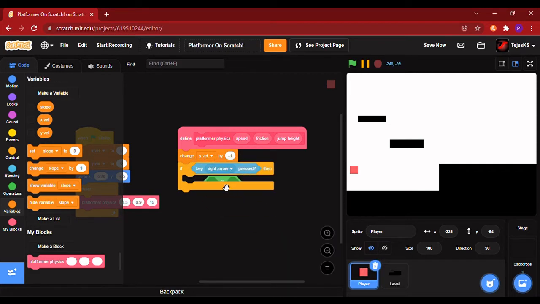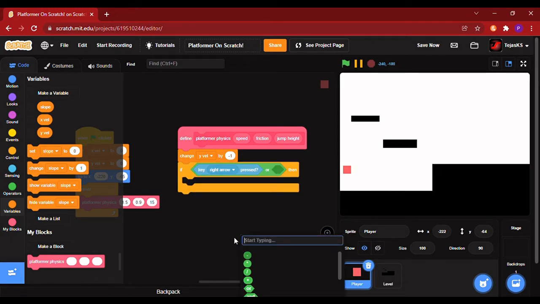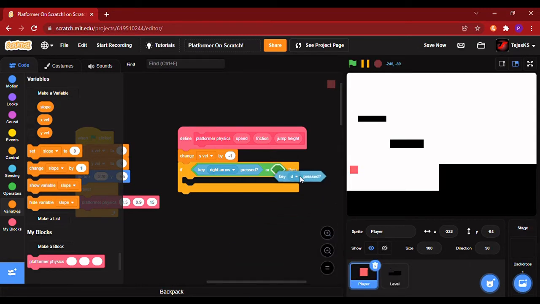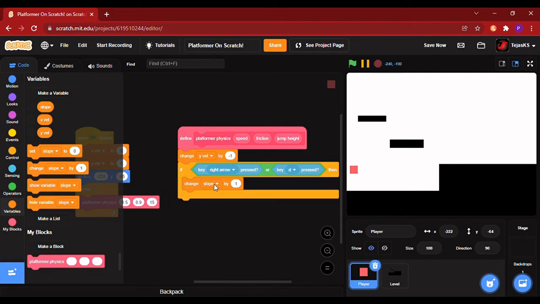I will be using both WASD and arrow keys. So if right arrow key is pressed or key D is pressed, then change x vel. Change x vel by speed.